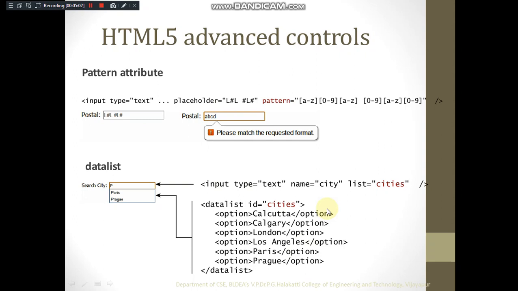It has a particular pattern, no? University seat number, you cannot randomly enter anything into that, isn't it? So for that I want to define my set of rules or a pattern, how it should look like, right? In that case what you can do is you can just mention a placeholder where you are specifying a certain value here, L hash L space hash L hash, indicating that it should have these number of this